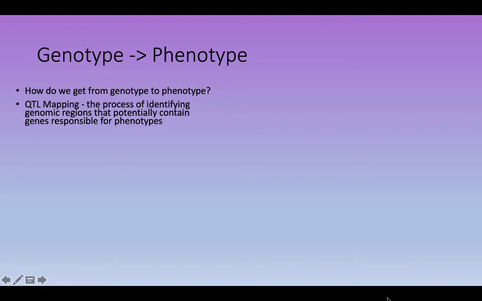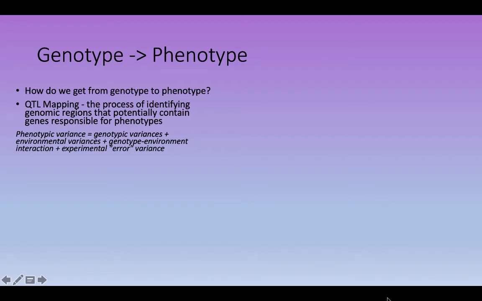So historically, before the genomics era, we were using methodologies like QTL mapping. QTL stands for quantitative trait loci, and this was a process by which we would identify genomic regions, or loci, that potentially contain genes responsible for phenotypes, so that could quantitatively contribute to a trait. And it was built on this classic equation that we pull from quantitative genetics,